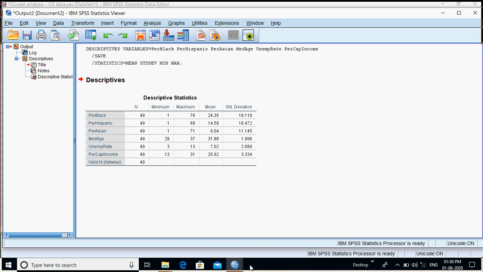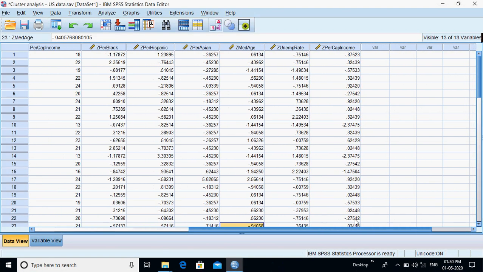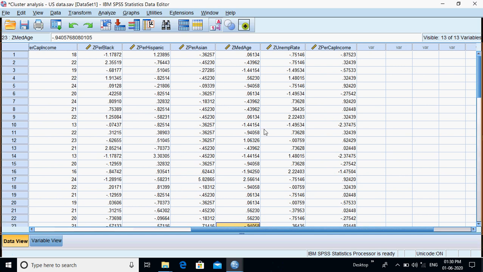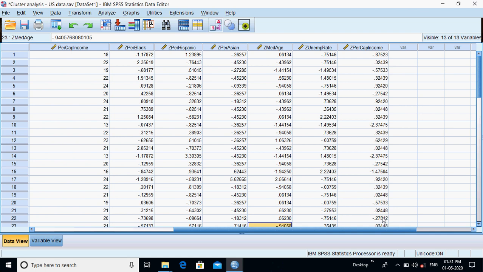Now when you go again and check back your data view, you could observe that the standardized scores for each of the variables would have been created. Now for the further analysis, you should only take these standardized scores and not those which had been in the original data. I repeat, when the scales are not uniform in nature, you have to first of all standardize all these variables through the options that I have told you already, and use those standardized scores for the cluster analysis and not the unstandardized scores.